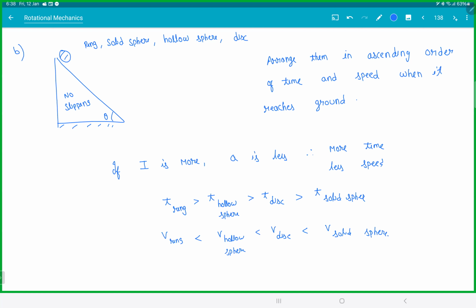If you don't remember the acceleration formula, also remember it like this. If you have more moment of inertia, it takes more energy to rotate. So if rotation has more energy, then translation will have less energy because the total is constant. If you have less translation, meaning less translation speed, it will take more time to reach. So the same thing, what if